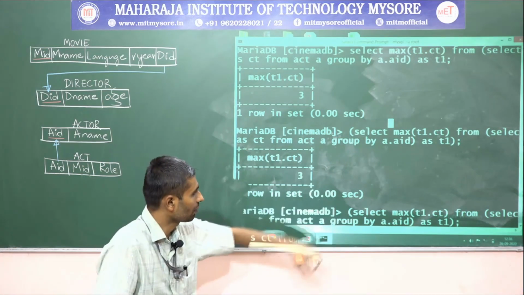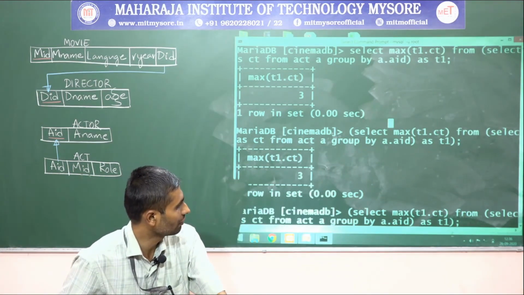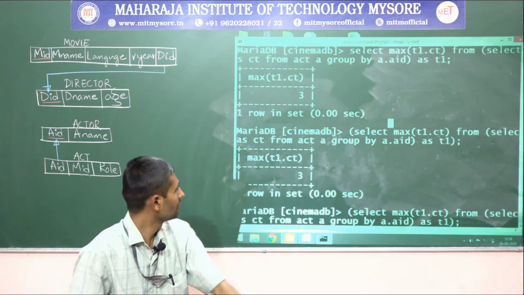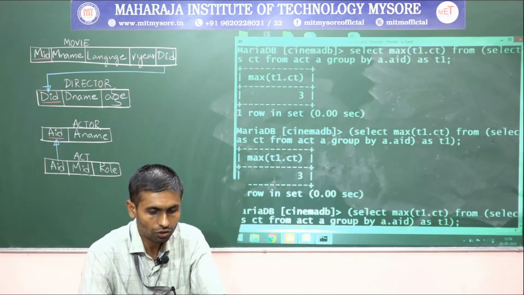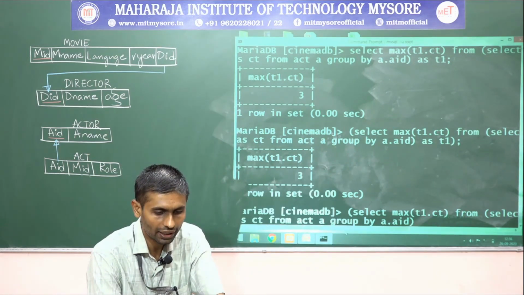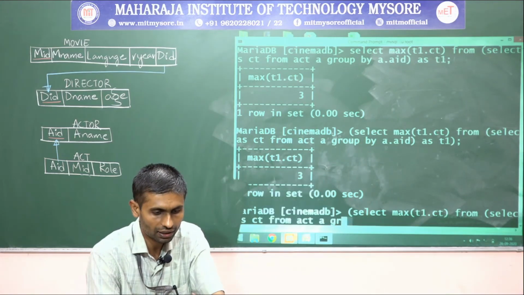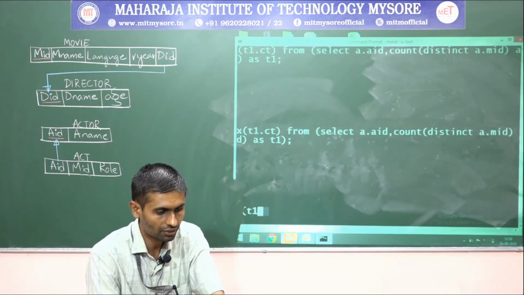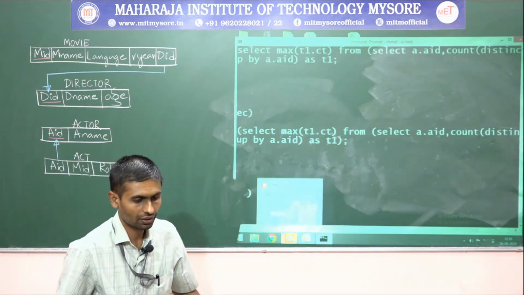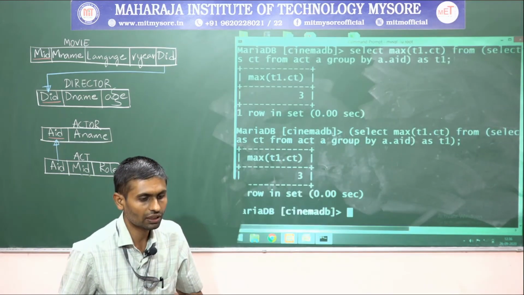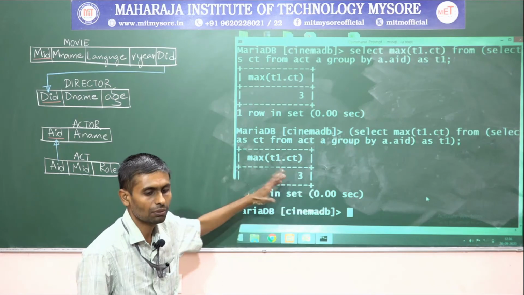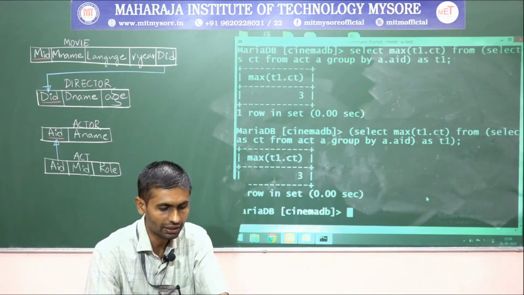Come back guys, here select max as max of t1.ct. This gives me a maximum. Then let me go with finding a count, because we want to compare the count with the maximum. When count is equal to this maximum, then retrieve that respective actor's details, right?